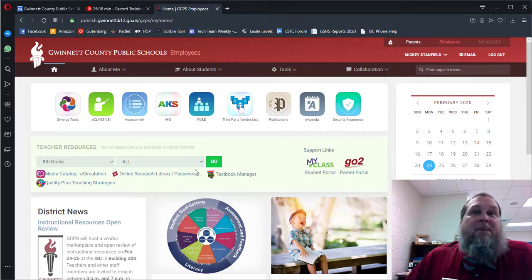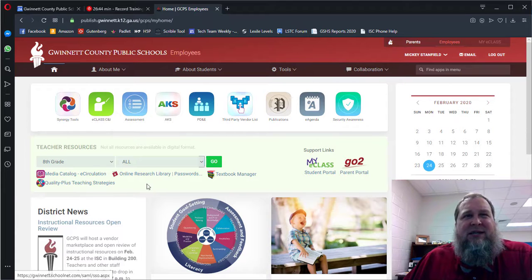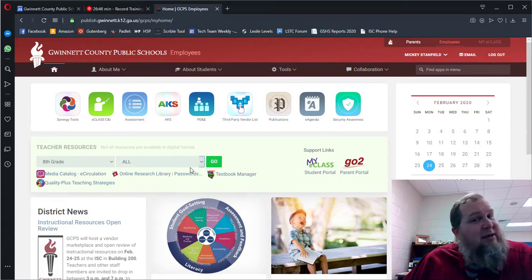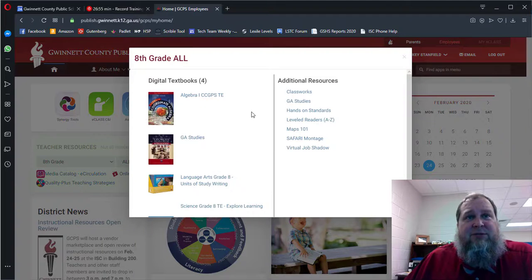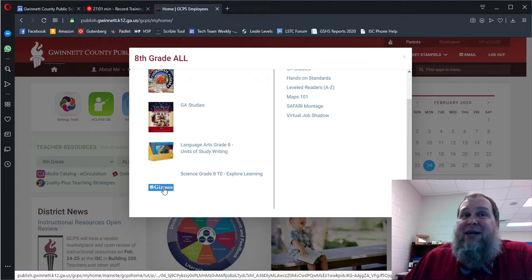All right. So that's tickets, grade book, course pages, testing, and then teacher resources. This is an underused section of the portal, so I want to make sure you see it. All right, I'm going to say I'm an 8th grade teacher, and I need all resources. So here are the digital textbooks that our 8th grade kids see. Here's an 8th grade Gizmos website